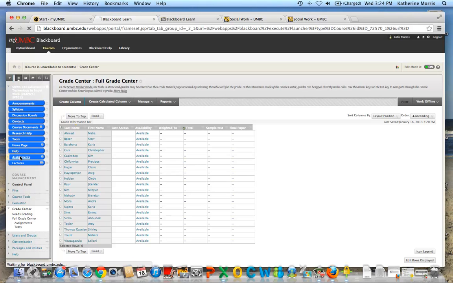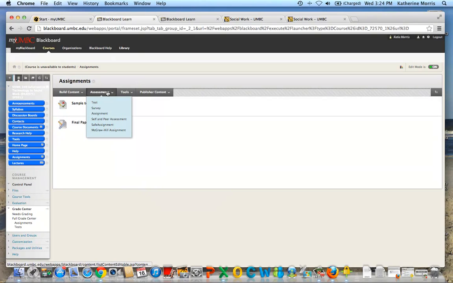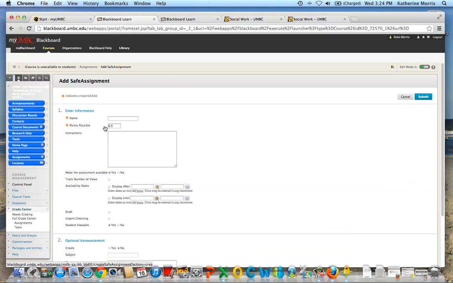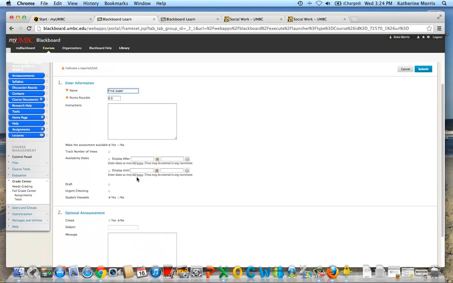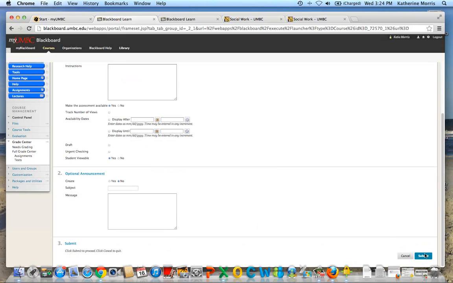I guess one other thing I was going to go over, and I'm sorry I'm taking you back to the announcements tab. But one other thing that I've used under the assessments is the Safe Assign. And this feature allows them to turn in, you can do due dates too. It allows them to turn in their paper to the Safe Assign database, which is a pool for,